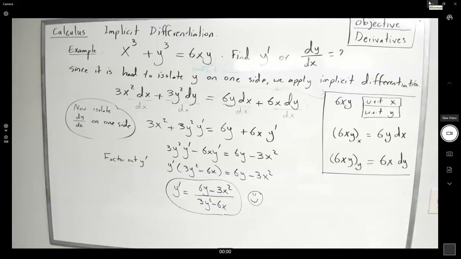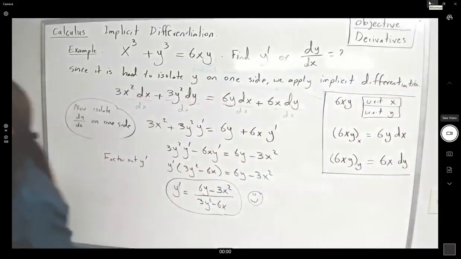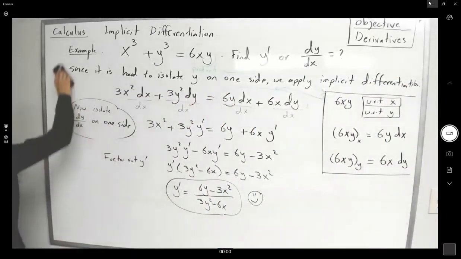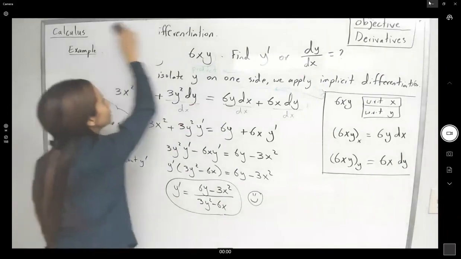There you go. So sometimes we end up having cases that we